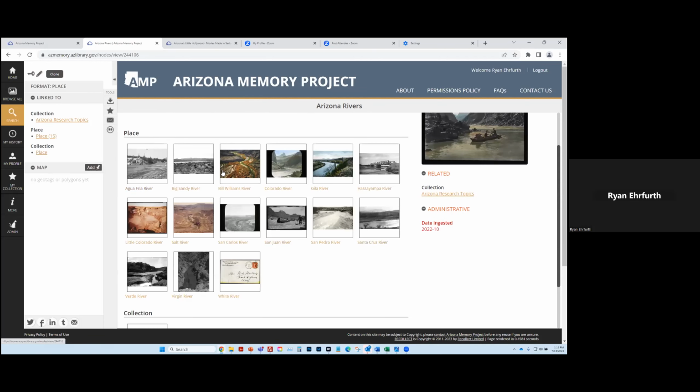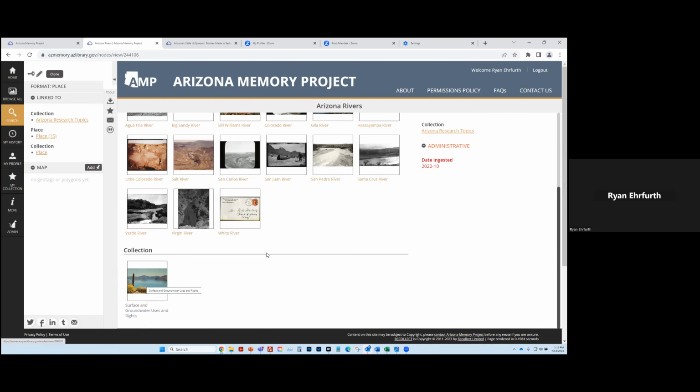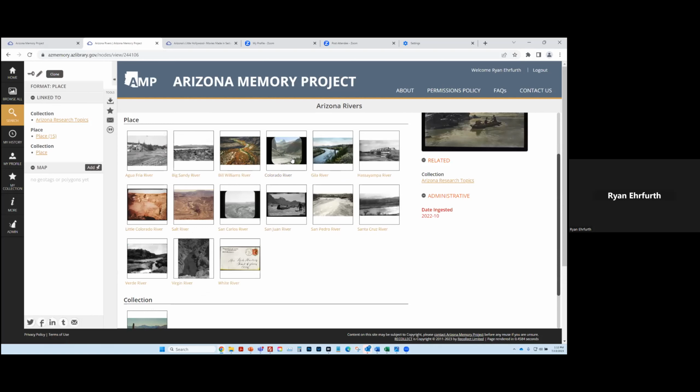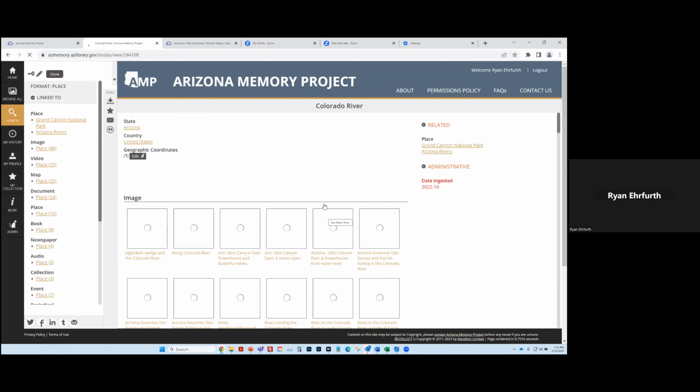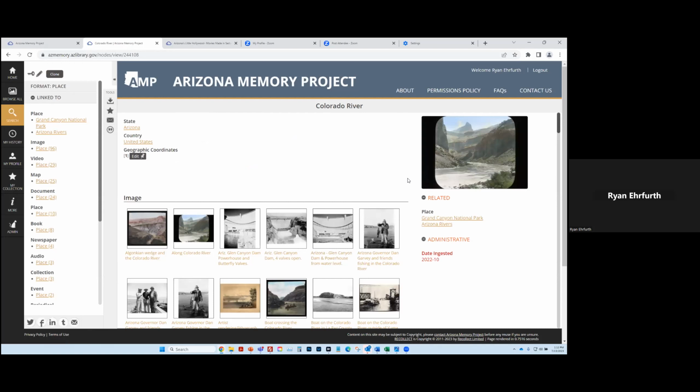So here you can see these are all the individual rivers that are listed, and any collections that are related to it. I'm going to go ahead and hit Colorado River because it's got stuff in it. So, for example, if your students are doing any kind of research related to the Colorado River, if there's anything in the curriculum